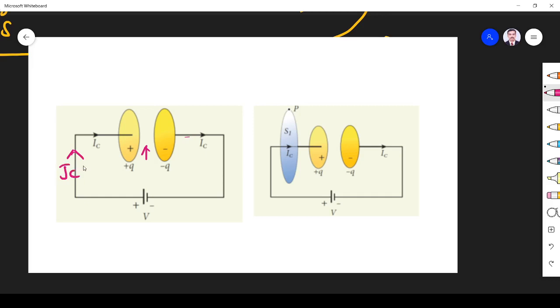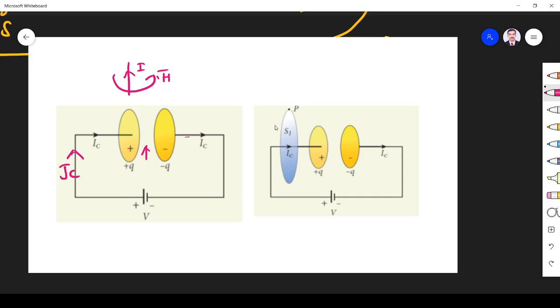Suppose I want to find the magnetic field at this point P. We know that as per Ampere circuit law, when current flows through any conductor, a magnetic field will be induced. Yes or no? That's what Ampere circuit law states. When current flows through this, a rotating magnetic field will be induced. So when current flows through this conductor, it will induce a magnetic field, and I want to find the magnetic field at this point P.